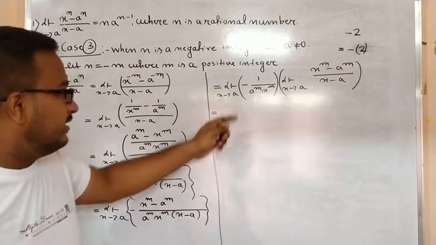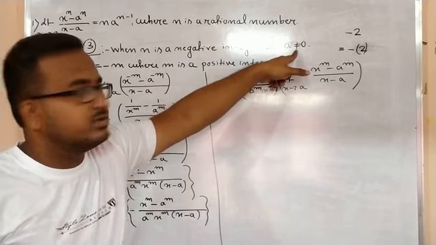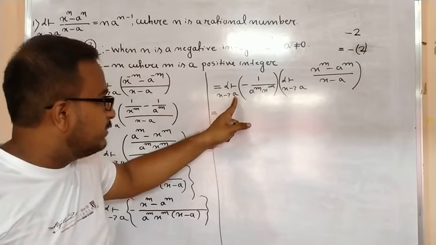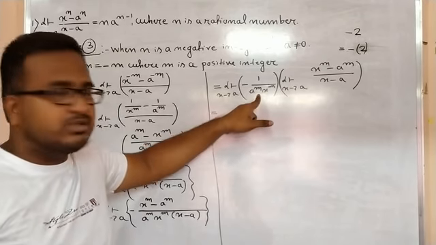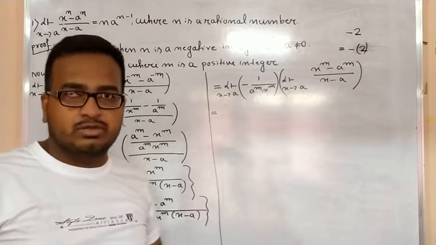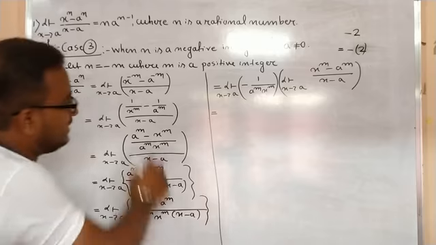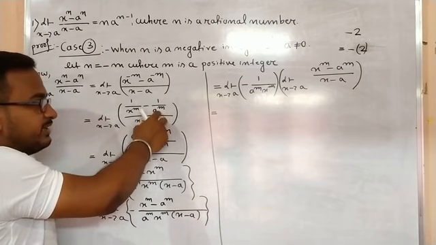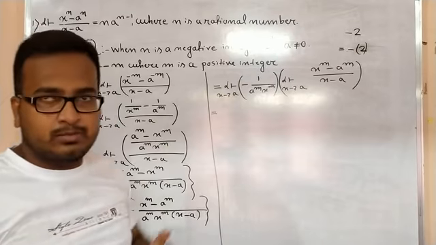Now here I can easily put x equals to a, because this a is non-zero, already I have assumed, right? Because if this a is 0, then I am not able to put x equals to a, because then this term becomes 1 by 0, that is undefined, right? That is why I have initially assumed that a is not equals to 0. Because if a is 0, then this term itself is undefined, because 1 by 0 to the power m is 0, so 1 by 0 is infinity. That is why already I have assumed that this a cannot be equals to 0, right?